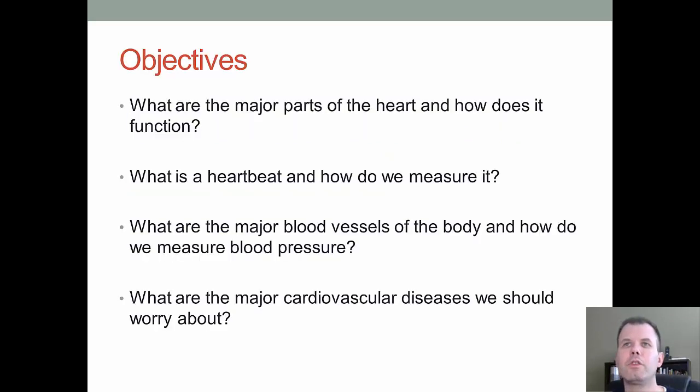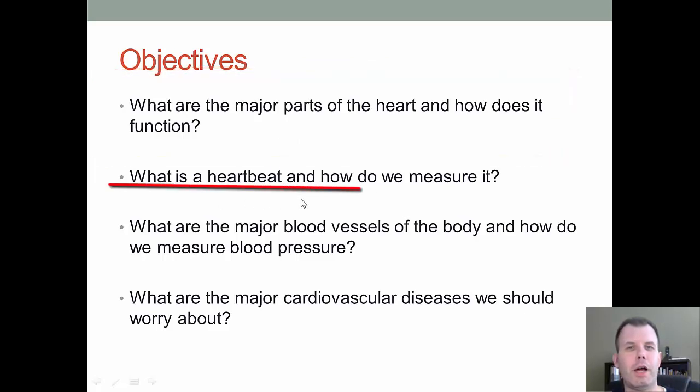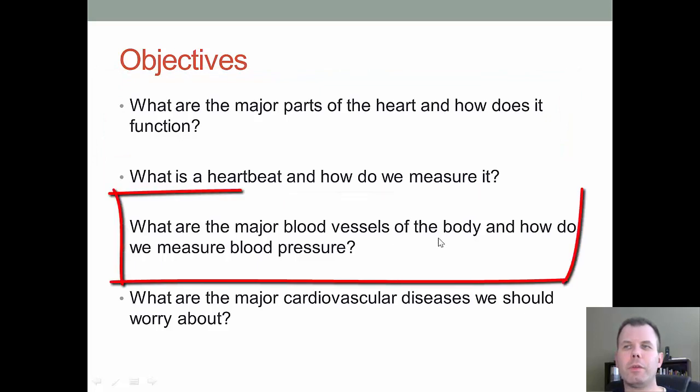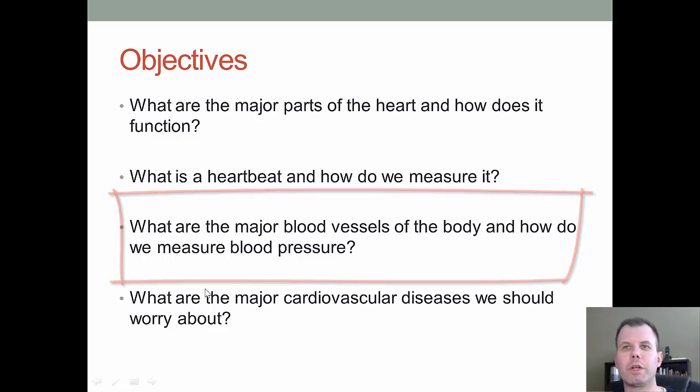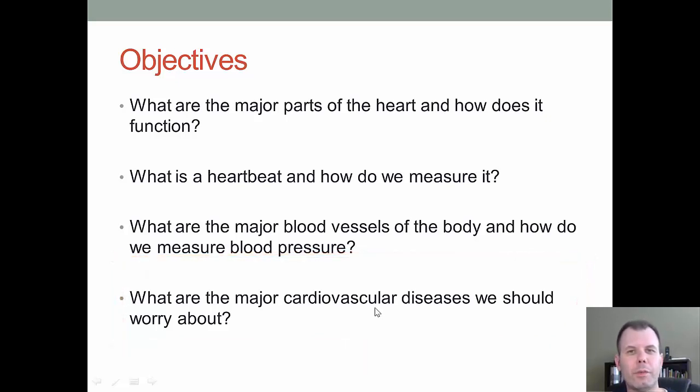All right, so what we're looking at are what are the main parts of the heart and how does it function. We're going to talk about what is the heartbeat and how we measure it. Okay, what are the major blood vessels in the body and how do we measure blood pressure? And then we're going to talk a little bit about the major cardiovascular diseases that we should worry about. And so I'll give you a list of some of the diseases and talk about what these things are and find out what you can do about these things and kind of give you a little idea or heads up,